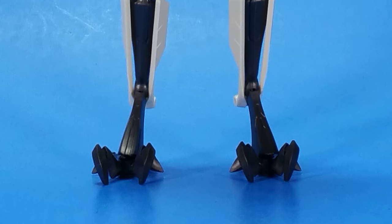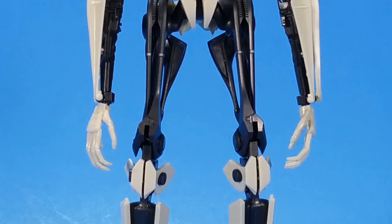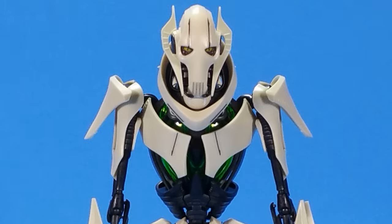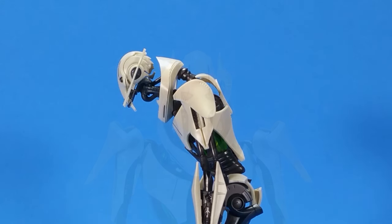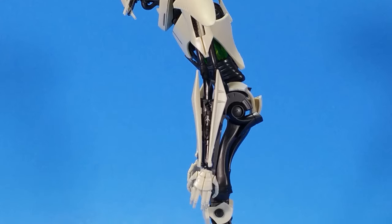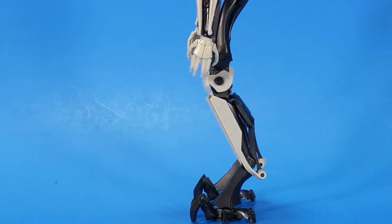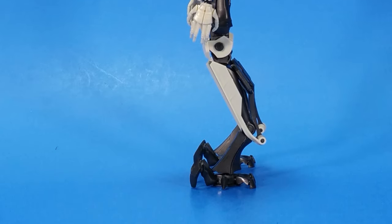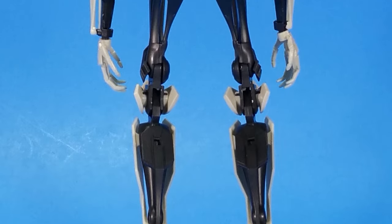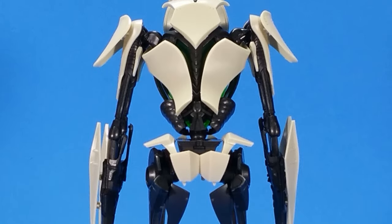Looking at the sculpt, because every piece is a separate piece that you had to put on there, everything is well defined, sharp, the sculpt is freaking great. And because of the intricacy of the build, there's just so much to look at here. Every time you turn it or move it or bring it around, you're going to find, well, not something new, because you essentially held and touched every single piece of this when you put it together, but it's just visually interesting. If you were to hand this to somebody else, they'd be like, good God, what am I looking at